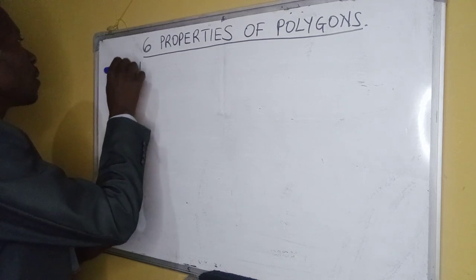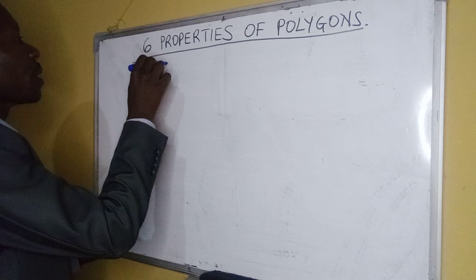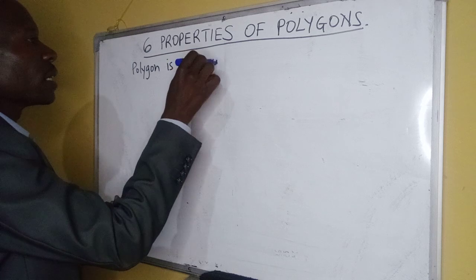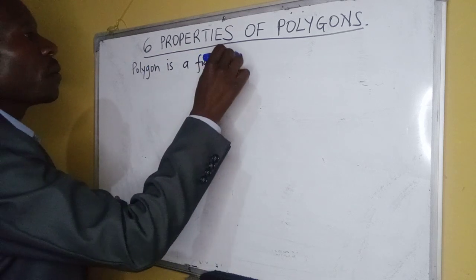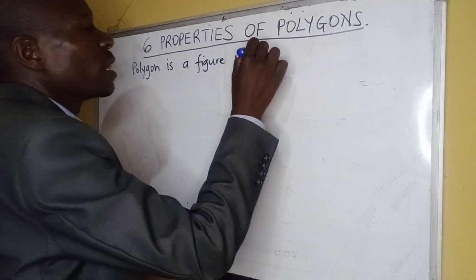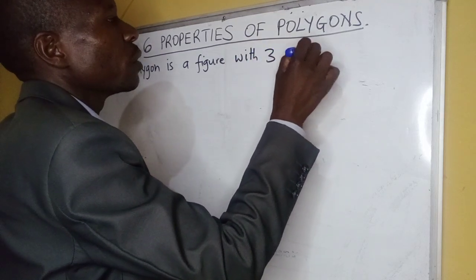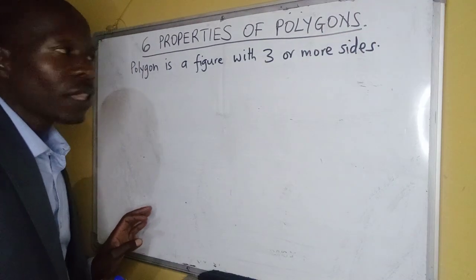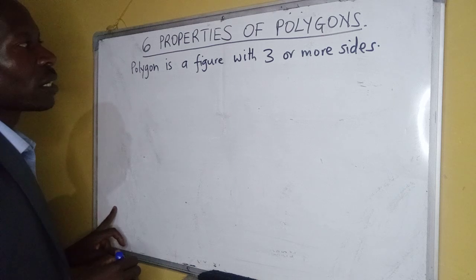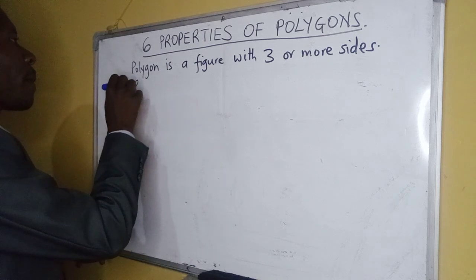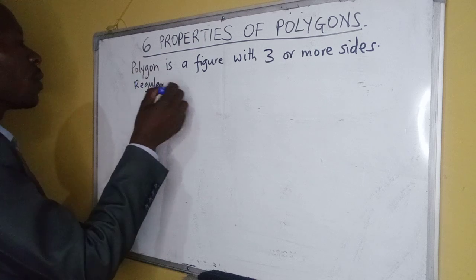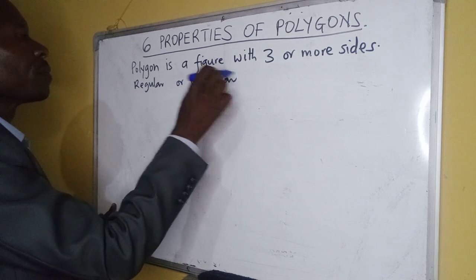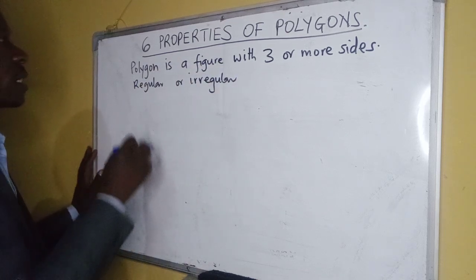A polygon is a figure with 3 or more sides. That means that it can be regular, having all sides equal, or irregular. These particular figures include